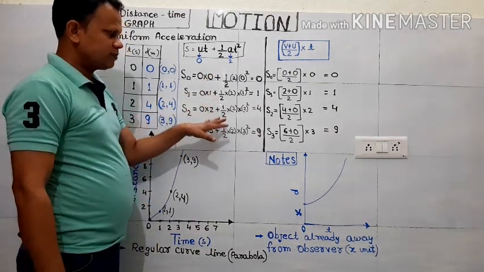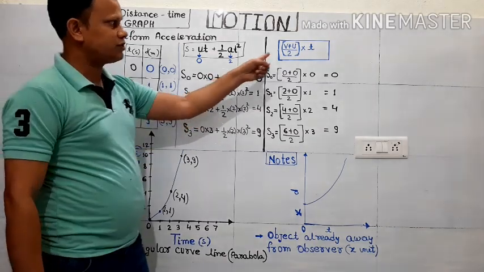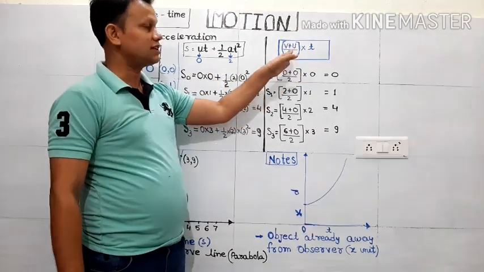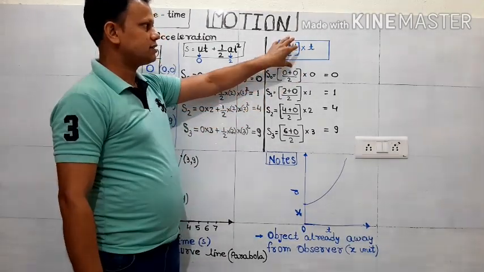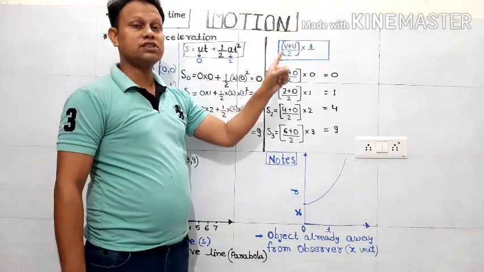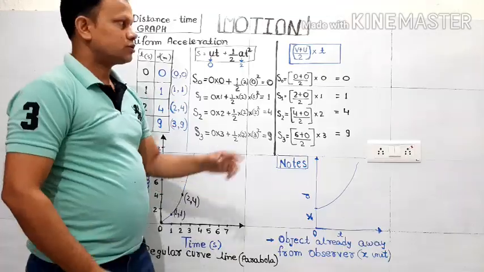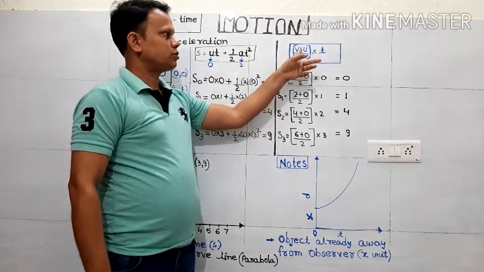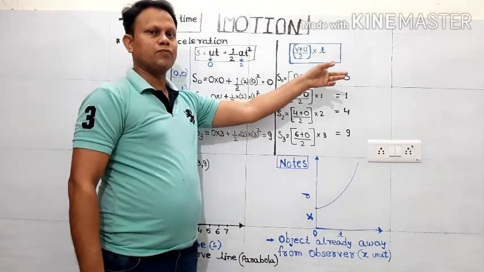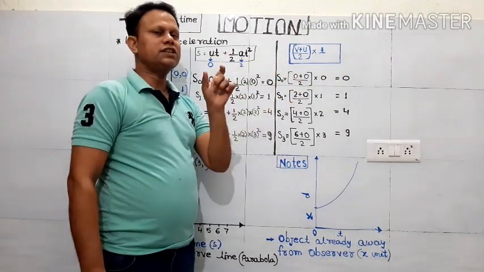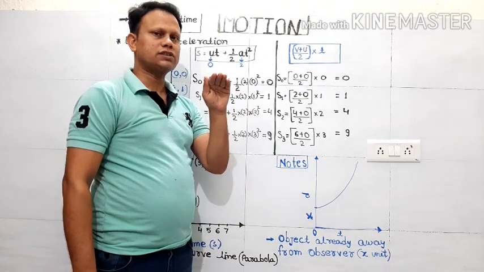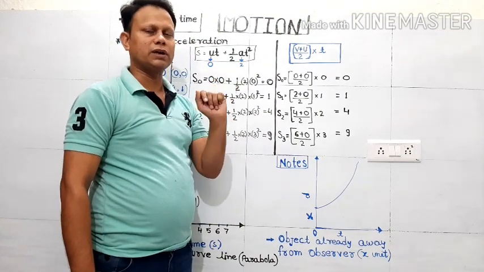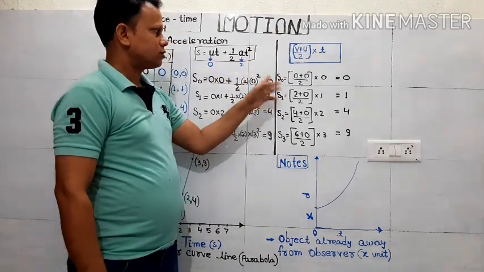Now this same condition we can find out with the help of this relation also, because this is the relation you can recall. It is the average velocity into time. This is applicable for uniform acceleration only. So how to use this formula? This is the average velocity into time. So for each interval of time, we will find out the average velocity and the time taken, multiply them, and we will get the value. So this is another way.